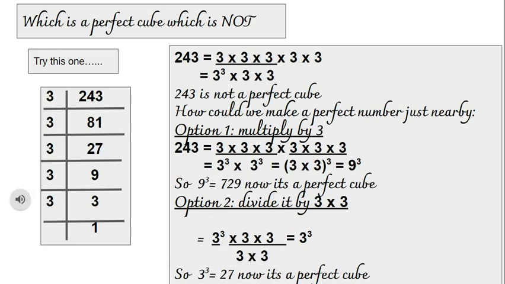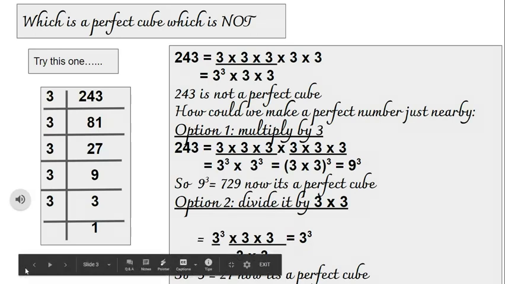But here it's a cube, so we are making groups of three. So how many numbers are remaining? How many numbers do we require to make a group of three? That many numbers we have to multiply with the given number. Same way, how many extra portions are there for making a group? That much extra portion we have to divide the given number by. Clear? Okay.